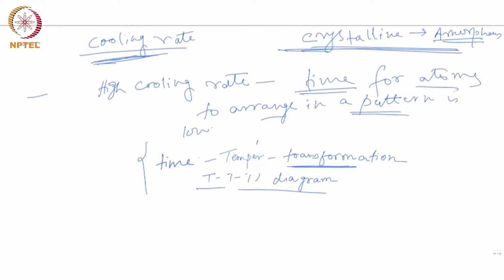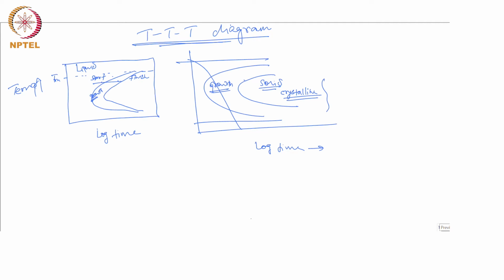In the last class, we were discussing this TTT diagram, which stands for time temperature transformation diagram, in order to understand this crystalline to amorphous transition during the solidification process in atomization. Okay. So, this